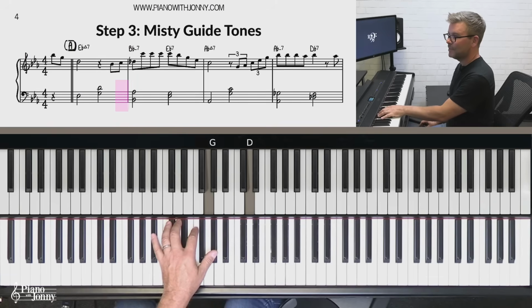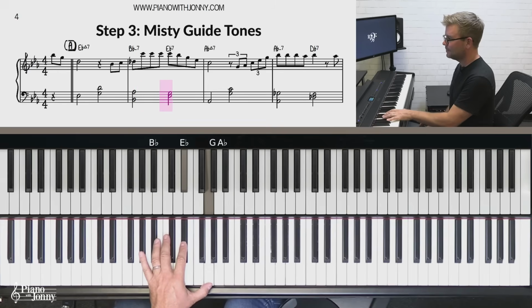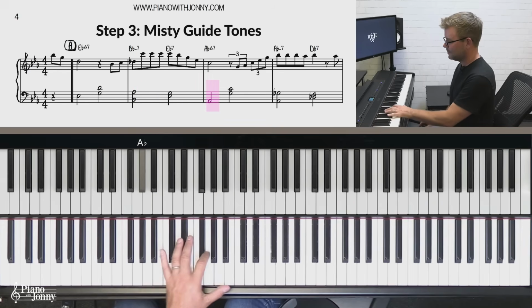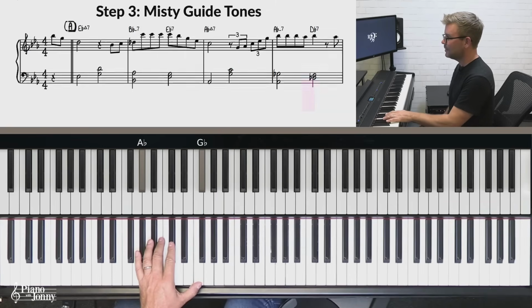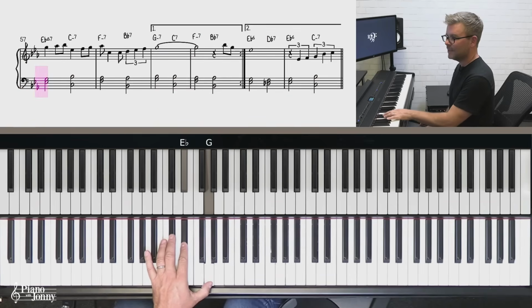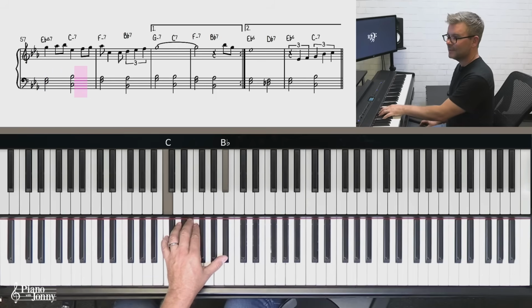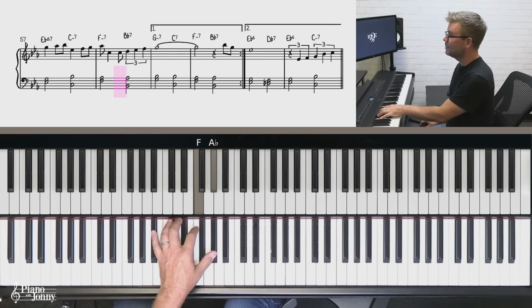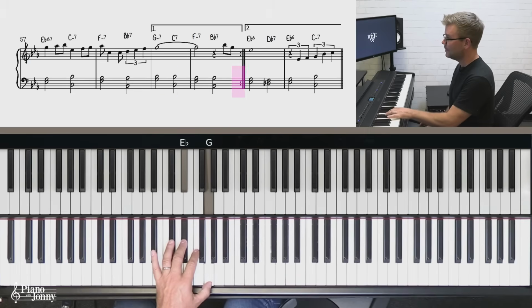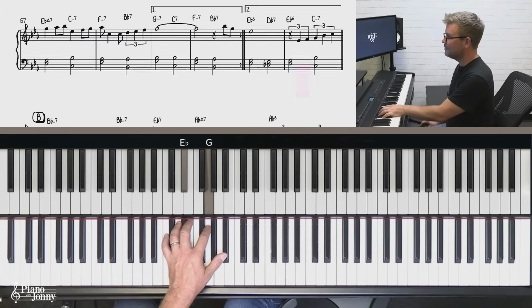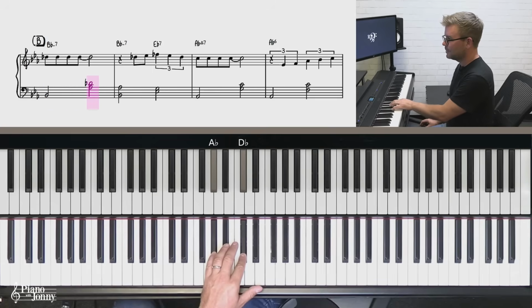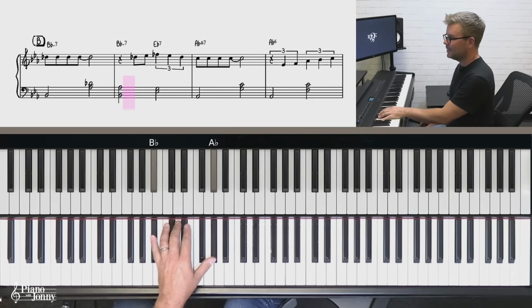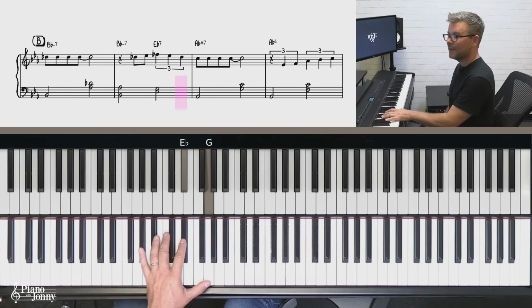E flat, B flat minor, E flat 7, A flat major 7, A flat minor 7, D flat 7, E flat, C minor 7, F minor 7, B flat 7. Now we're going to go to the second ending, E flat, D flat, E flat, and then C minor. Now the bridge starts on B flat. We go up and play the root 7-3, B flat again, E flat 7, A flat major 7,